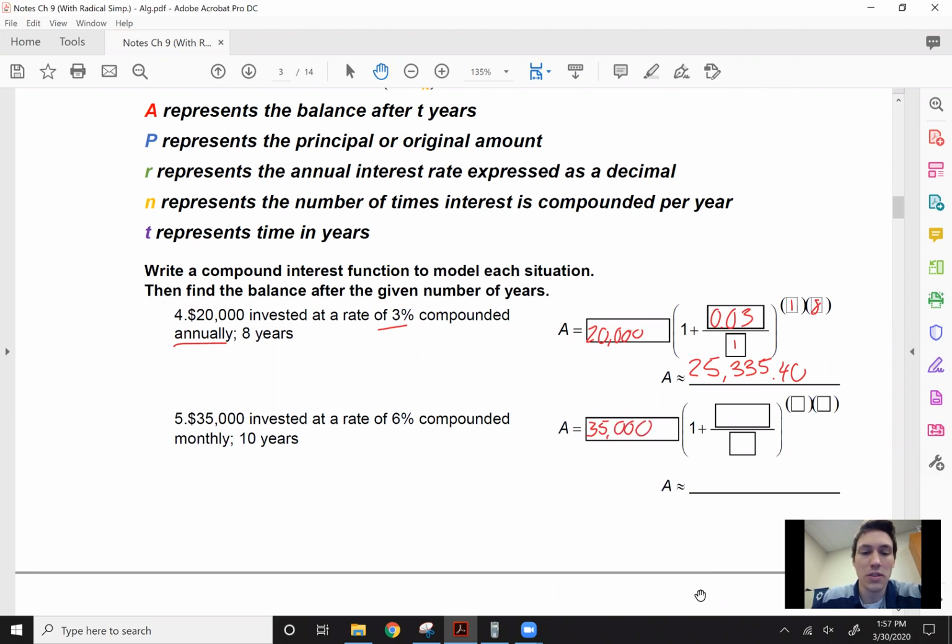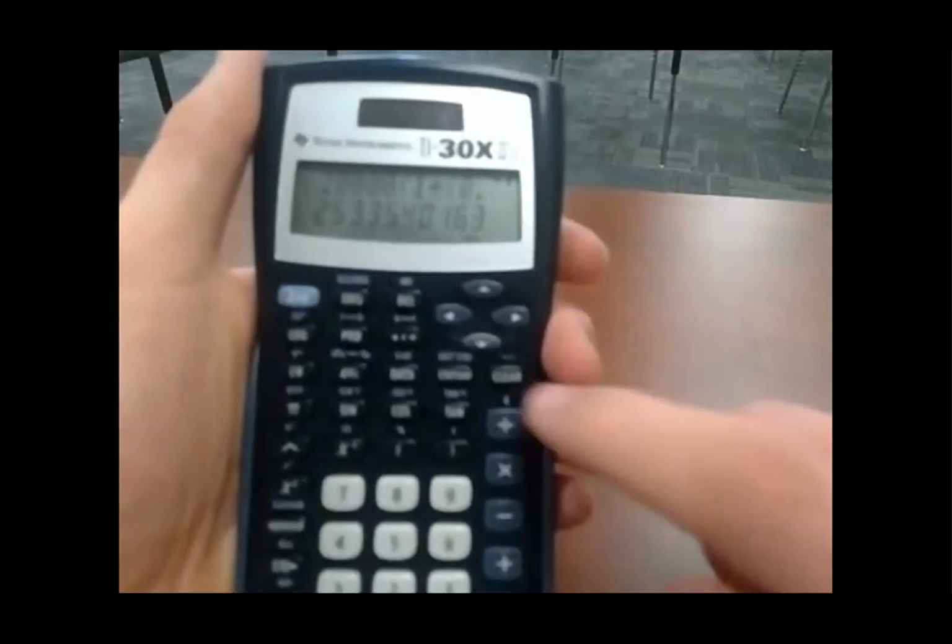Now this one, start with 35,000. Invest 6%, so 0.06 over, and instead of this compounded monthly, so that happens 12 times. So it's going to be 12 times 10. So again, it's very critical how you plug this into your calculator. So it looks like this,